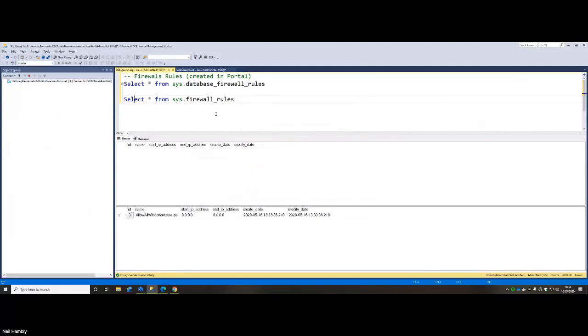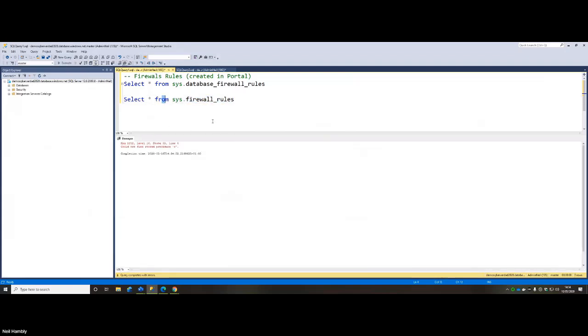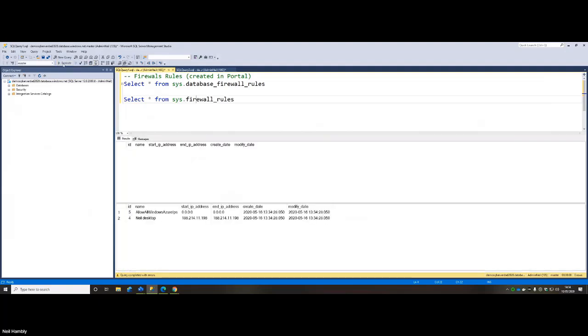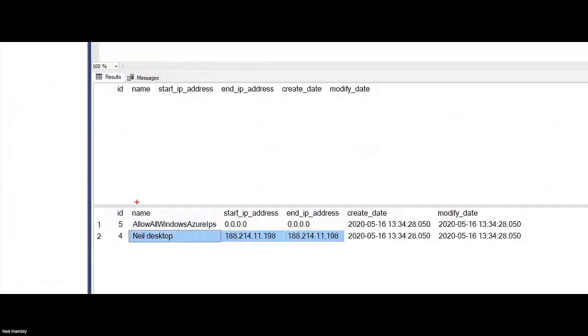So this is basically coming. Let me run that query. Oh, sorry, you need to run it without highlighting a certain piece of code. I'm coming from Neil's desktop. This has basically been added into the sys.firewall_rules from the portal.